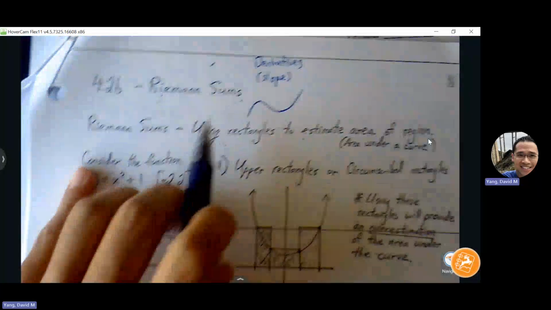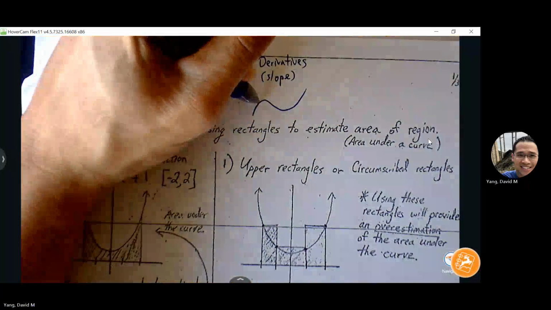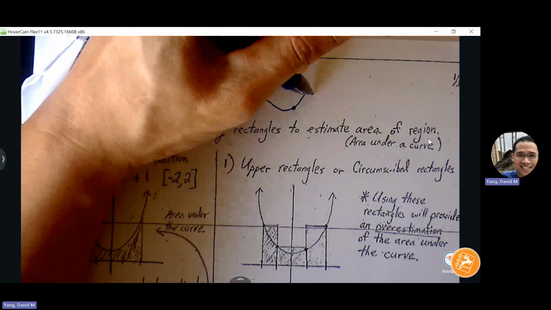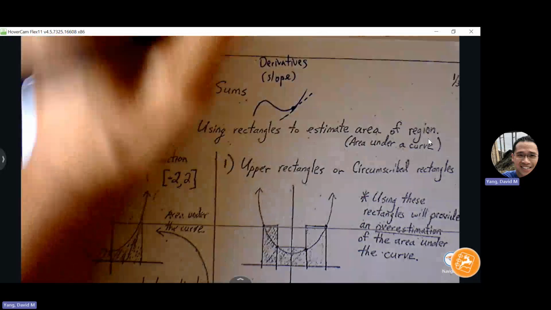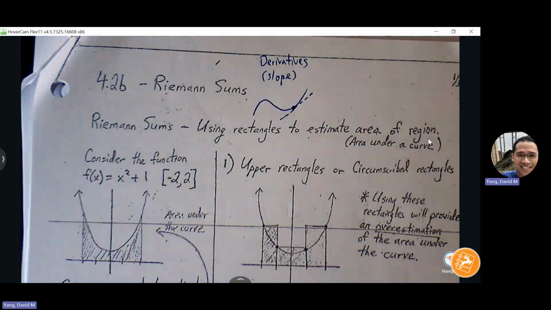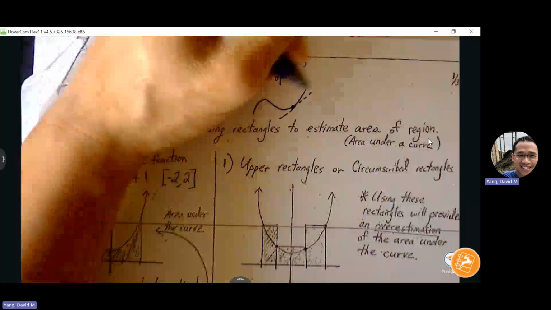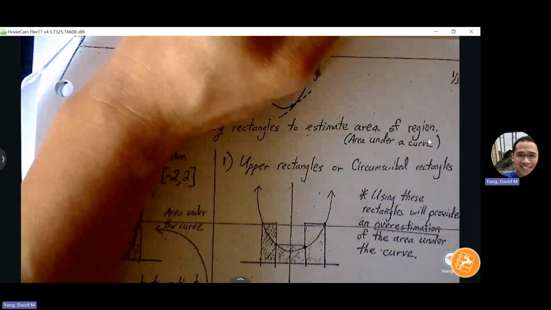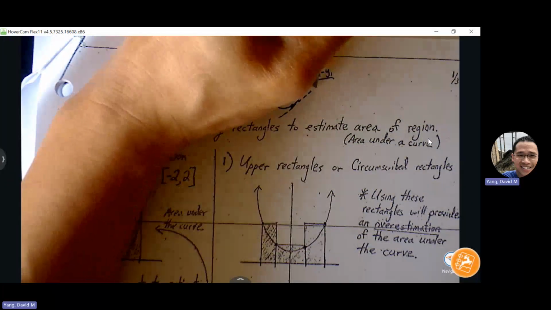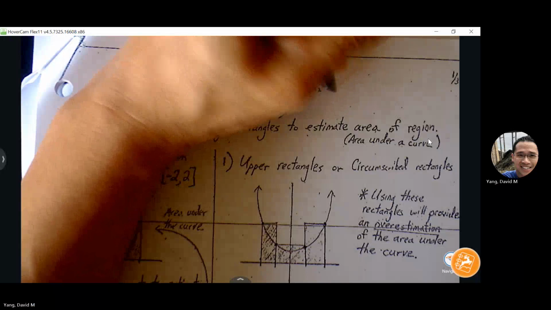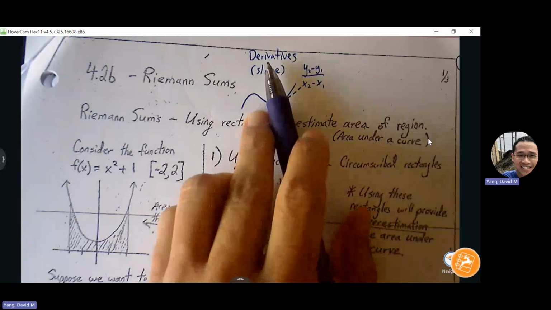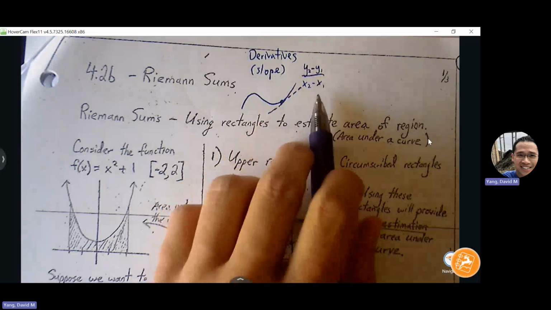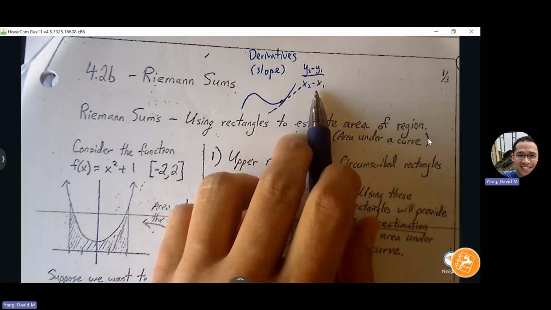Because we know that the unique thing about derivatives on the curve is that we're able to find the slope even though we only know 1 point, right? We don't need 2 points to find the slope at a point because we can use derivatives. But still, slope comes from the idea of change in y over change in x, right? Change in y over change in x. Okay. So we know that we developed the derivative idea from slope, which is coming from the slope formula that we